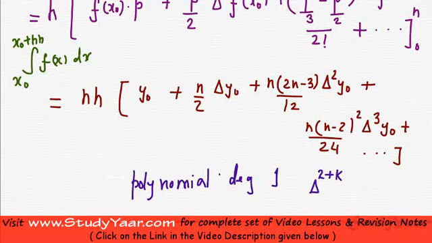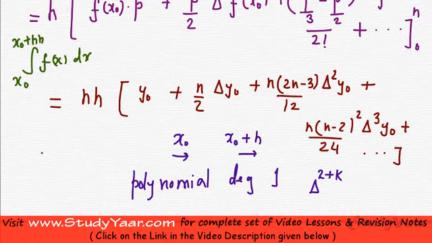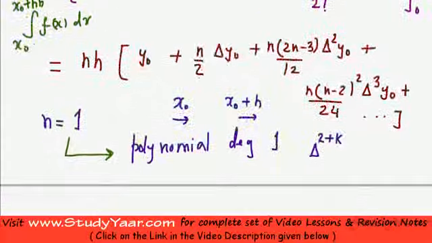So what I'm saying is, I just need 2 values to find out a polynomial of degree 1. I need x0 and I need x0 plus h. These are the 2 values. So essentially what I am saying is n is equal to 1. So when n is equal to 1, I am approximating my function to a polynomial of degree 1, and what I get from that is